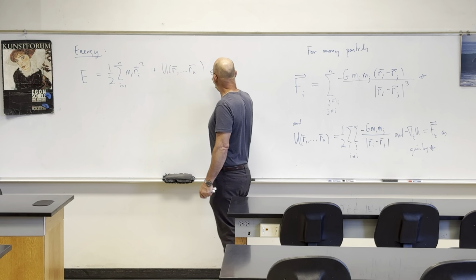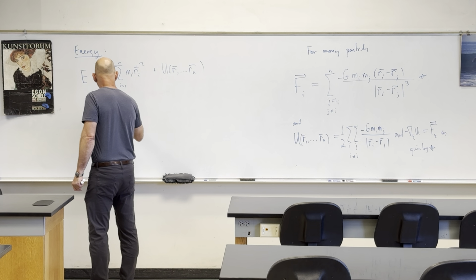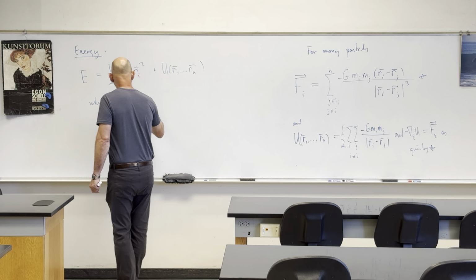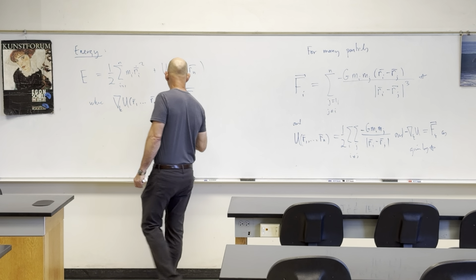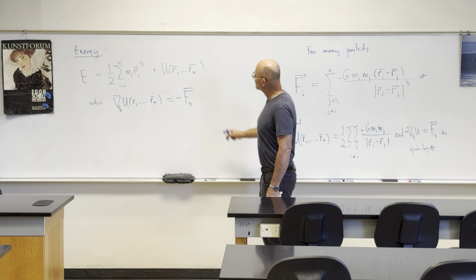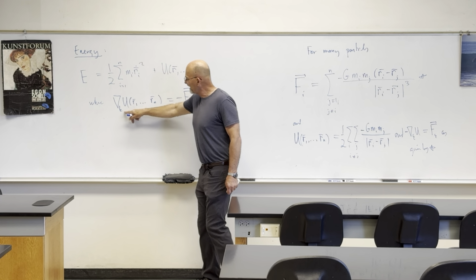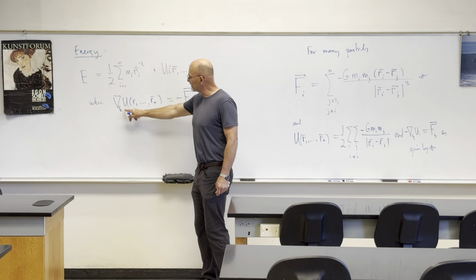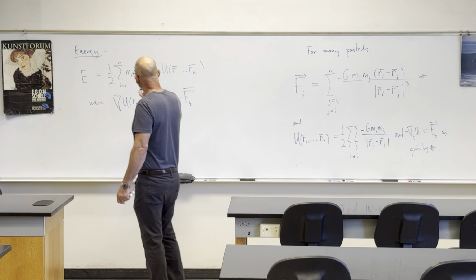So what you have to have is where gradient sub k of u of R1 through Rn is equal to minus the force on the kth particle. So you have to have a function of this form that gives you the force as gradient sub k. What I mean by gradient sub k is that it's always the kth slot here. The kth particle, that's whose derivatives I take. Okay. So under these circumstances,